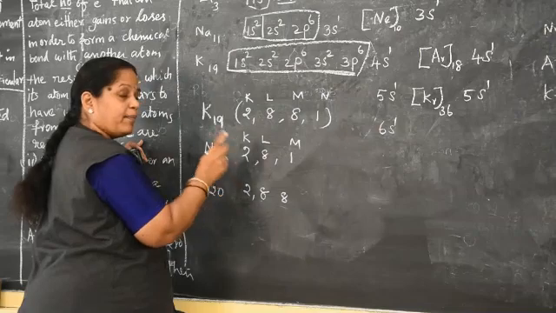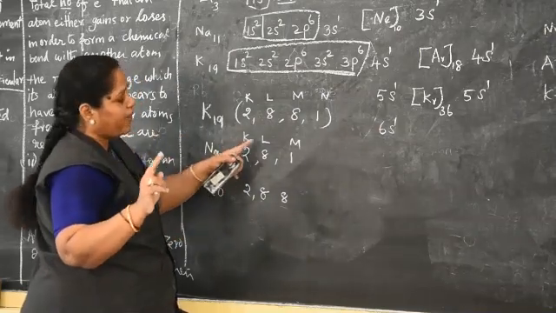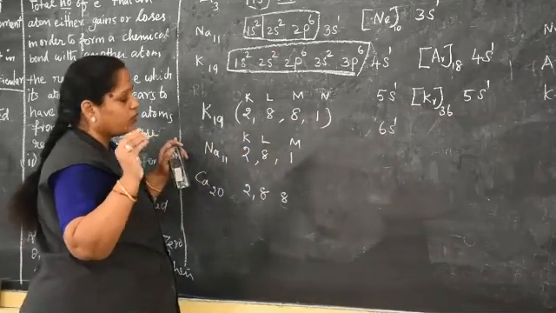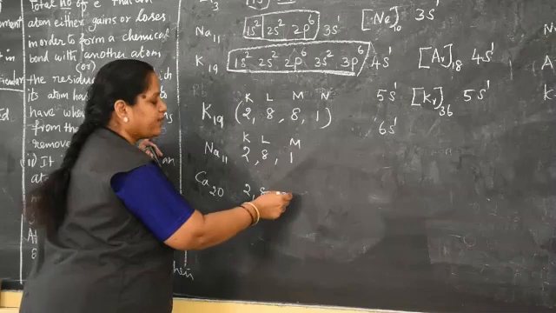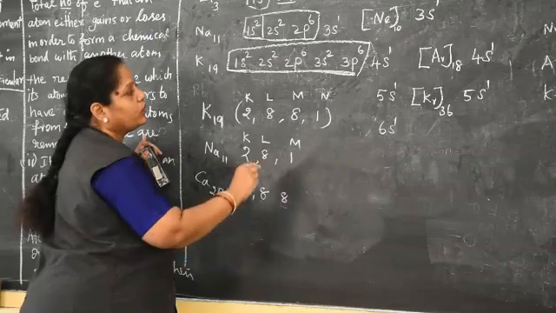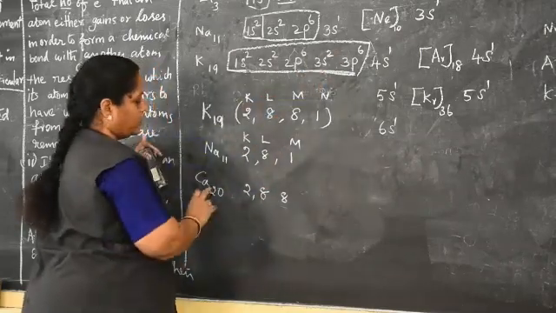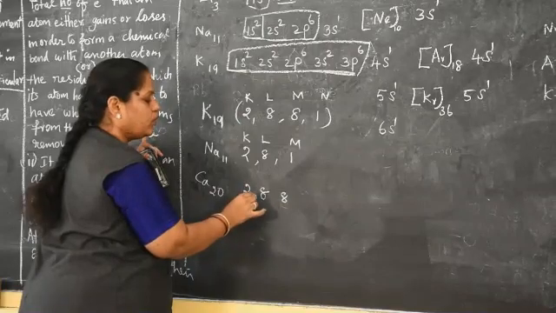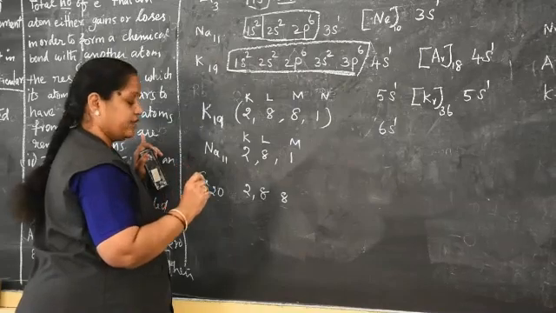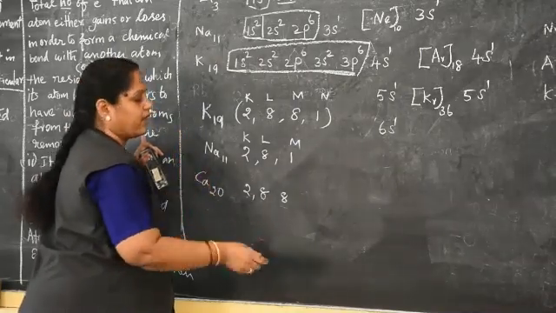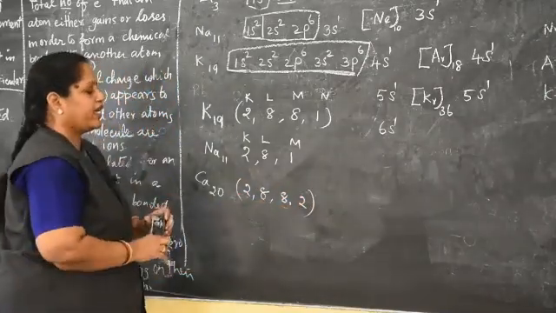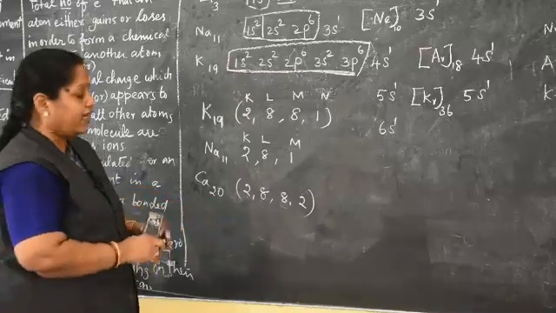So in the first cell maximum electrons 2, second cell maximum electrons 8, and when you start to write the electronic configuration, the maximum electrons in the third cell is 8. After filling 8 electrons you enter the fourth level. So here 20, so 2, 8, 8: 10, 10 plus 8, 18, remaining how many electrons? We want to fill 2 more electrons, that's why here you write 2. Okay, in this way you can represent the electrons present in the given element.